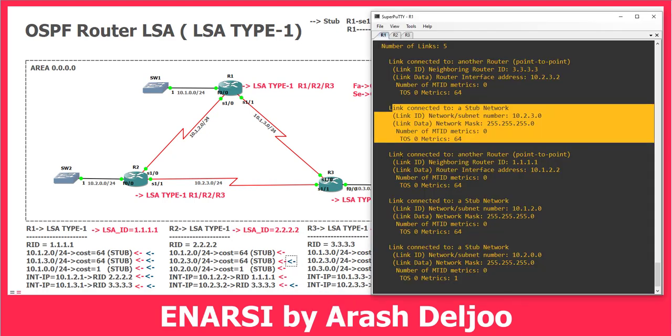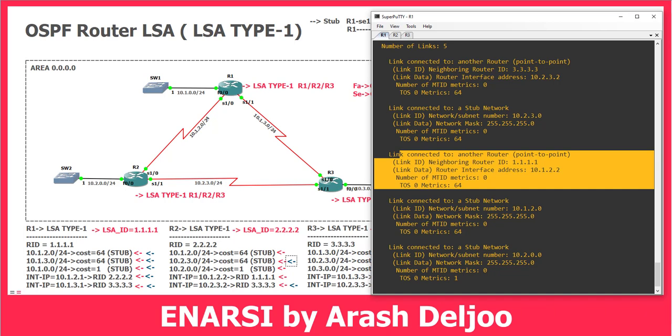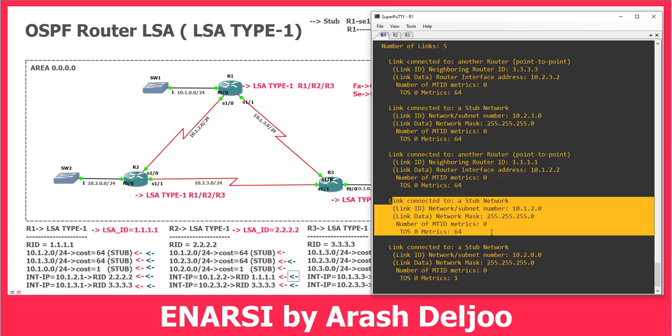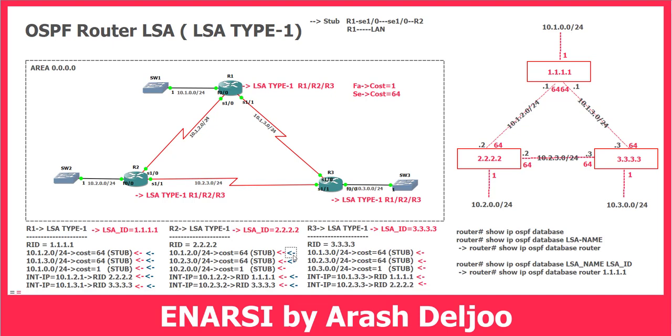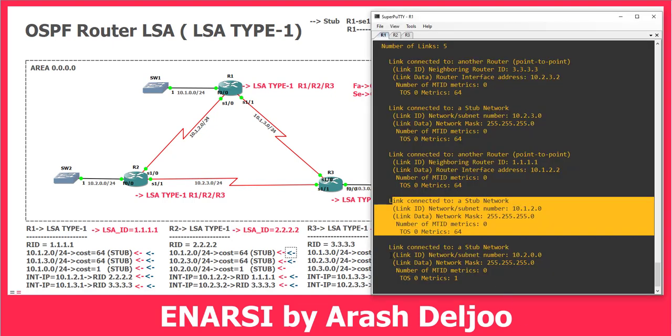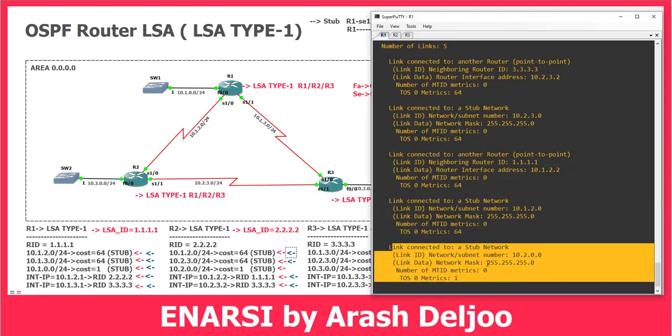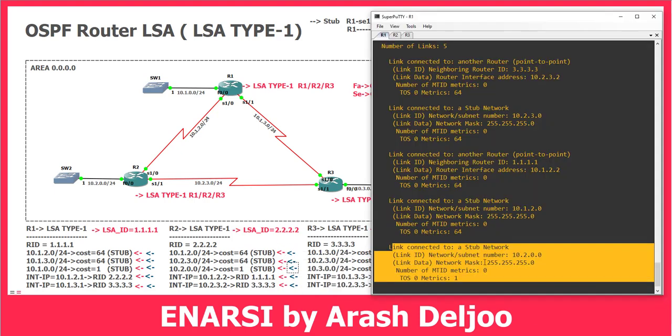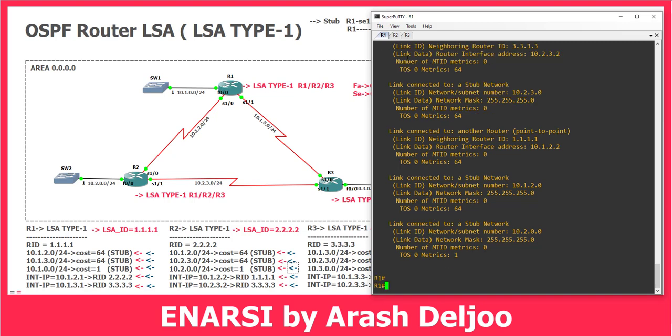Then I have connected with 10.1.2.2 to 1.1.1.1. You can see it here. And after that, I have connected to 10.1.20.0/24 with the cost of 64. And finally, I have connected to 10.2.0.0/24 with the cost of 1. That's it. Then let me show you the information that we have in the LSA received from the